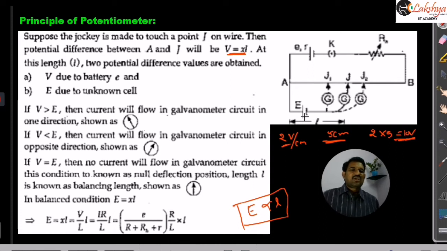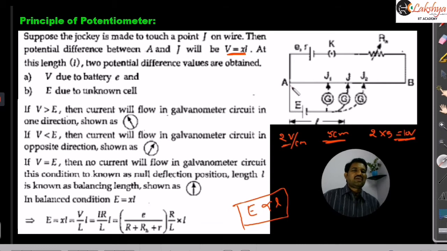If you are taking a cell of EMF 2E, then you will get a balancing length of 20 centimeters, right? So that means if EMF is increasing, then automatically balancing length also increases here. That is nothing but what we call the principle of potentiometer. Now let us come to this connection set, contacts at J1 and J2. At J, it is indicating zero deflection. Zero deflection is what we are concluding: potential difference across this AJ must be equal to EMF of the